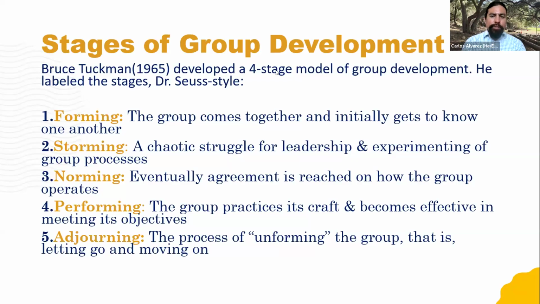After a group has had an opportunity to get to know each other, this is where the storming comes in, and I mentioned the weather earlier, right? Sometimes there can be, not always, but there can be some chaos in terms of a struggle for leadership or experimenting with the process, right? Like, hey, are they really going to hold us accountable for being respectful, for being on time, or participating? Or is it something that is not going to happen? Is there someone who really wants to be the leader of the group because that's part of their persona, or are there multiple people, or maybe no one does?